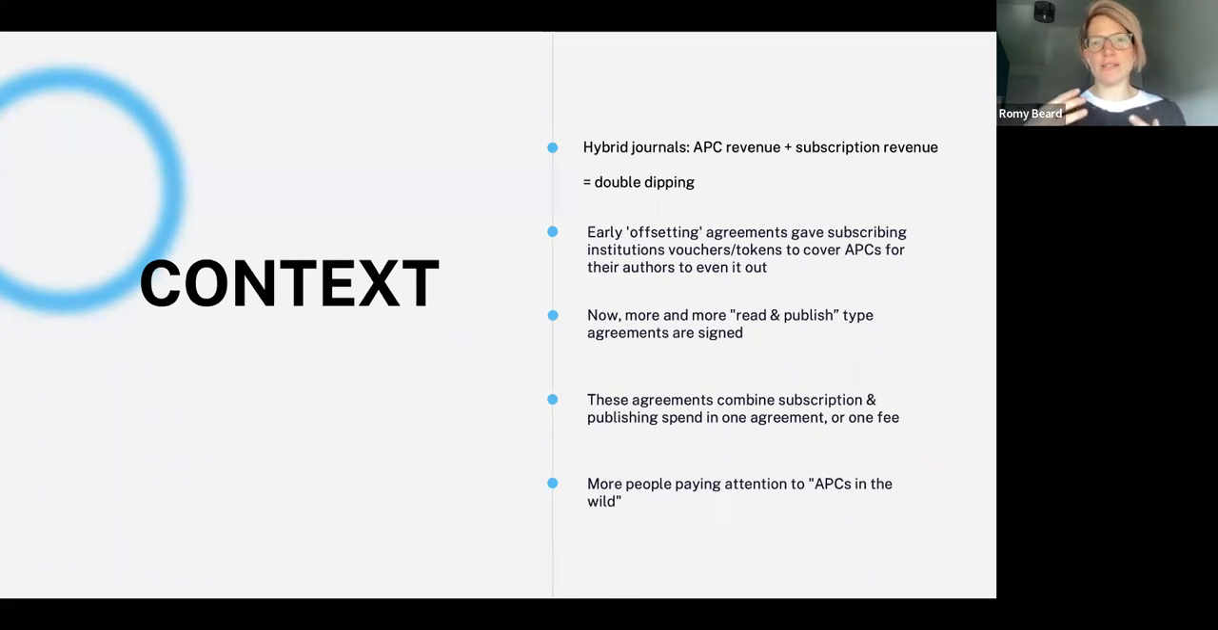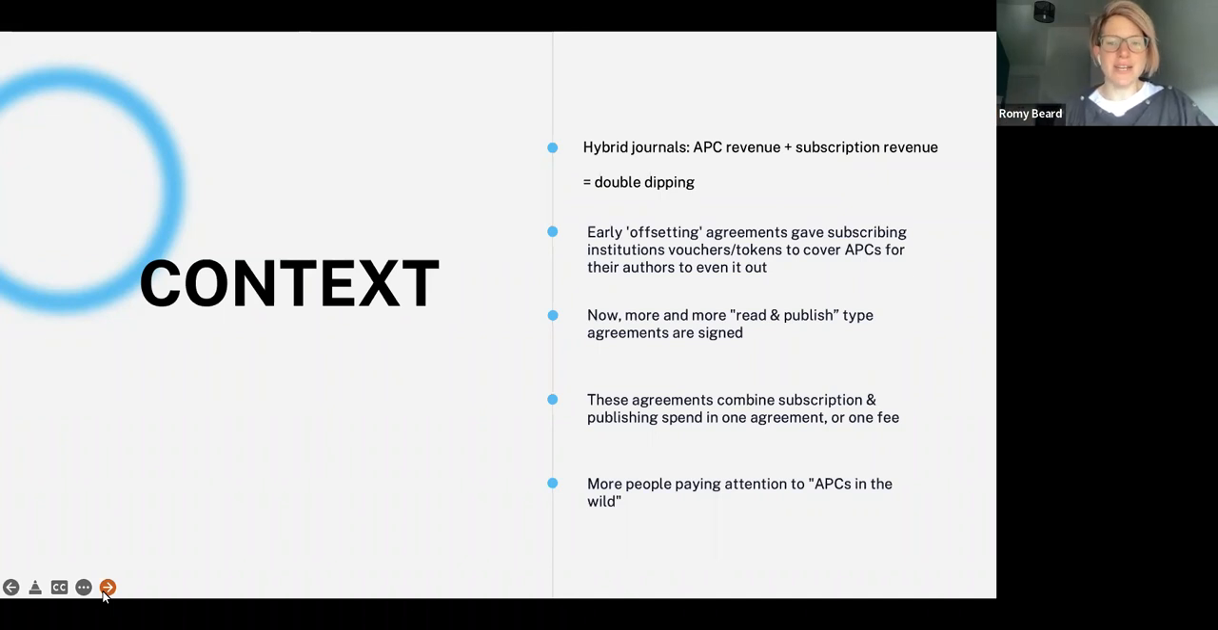But now more and more, it's a lot easier process. It's more all-inclusive. A lot of times it's on a national level, and then all authors from a country or all authors from certain institutions can publish articles open access for free. So a lot more of these agreements have been signed, certainly over the last 5 years or so, and as I said earlier, they combine subscription and publishing costs,